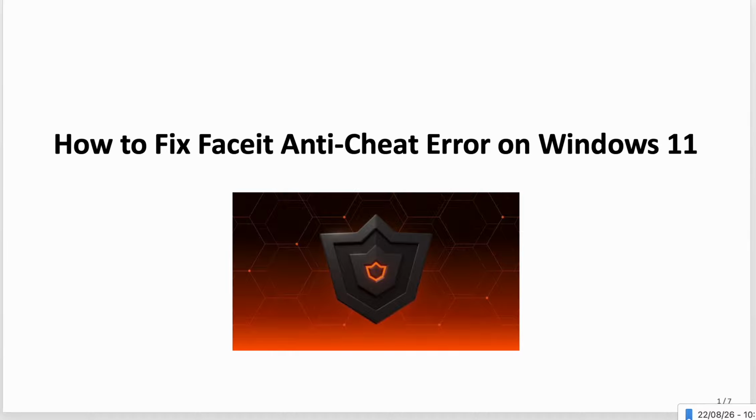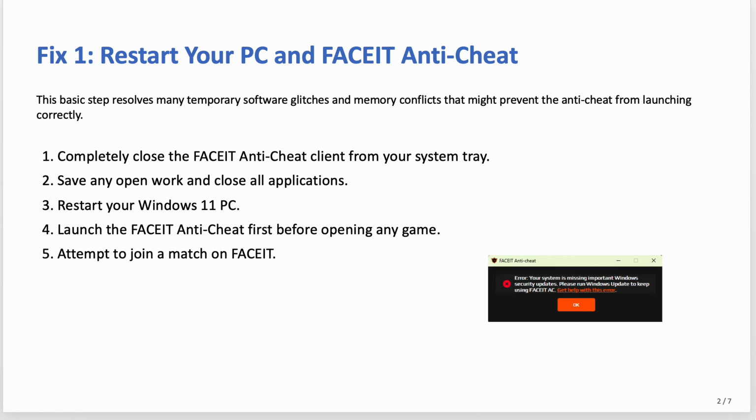Again, guys, in this video we will see how to fix the Faceit Anti-Cheat error on Windows 11. For this, first of all, restart your PC and Faceit Anti-Cheat. This basic step resolves many temporary software glitches and temporary conflicts that might prevent the anti-cheat from launching. So completely close the Faceit Anti-Cheat client from your system tray, save any open work and close the application. Restart your Windows 11 PC and launch the Faceit Anti-Cheat first, before opening any game or attempting to join a